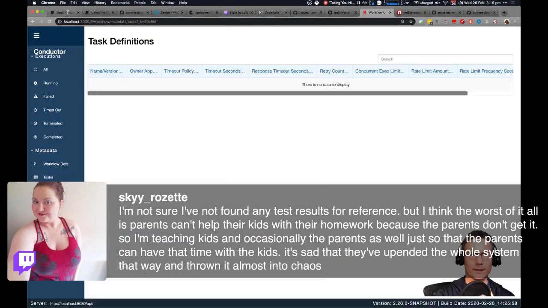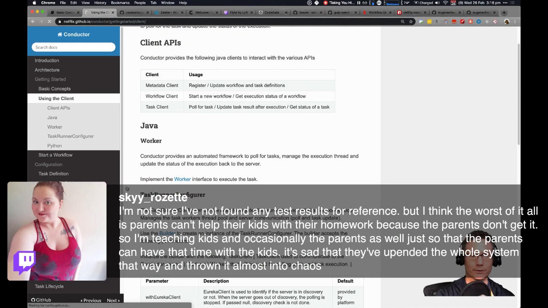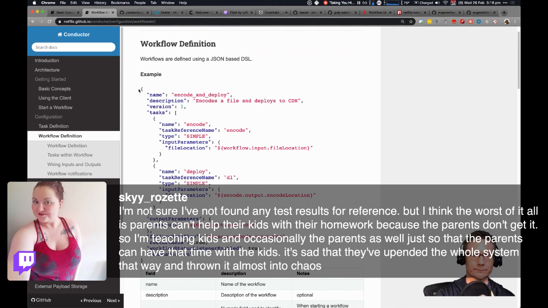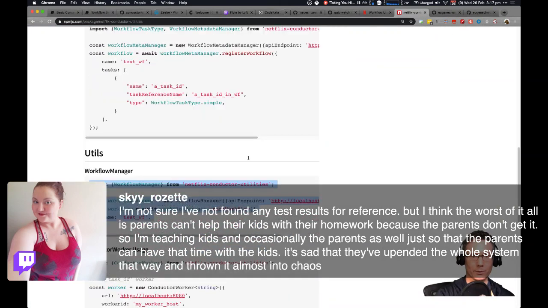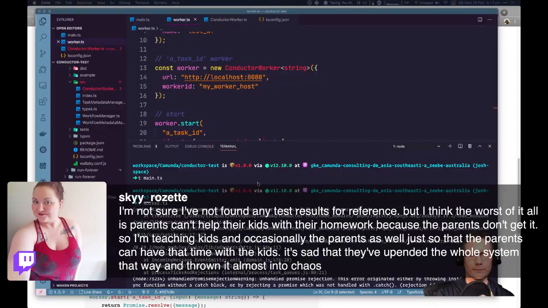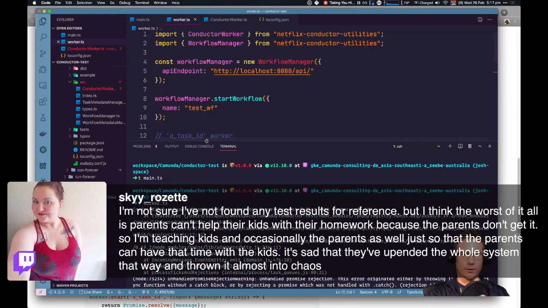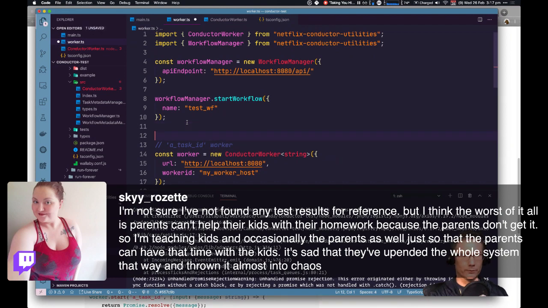If I go back here, workflow definition. Okay, so is there a deploy workflow in here? How do I deploy a workflow? Well, I've got a workflow manager, so I reckon if I go down to here, and then I say workflow manager, deploy workflow.